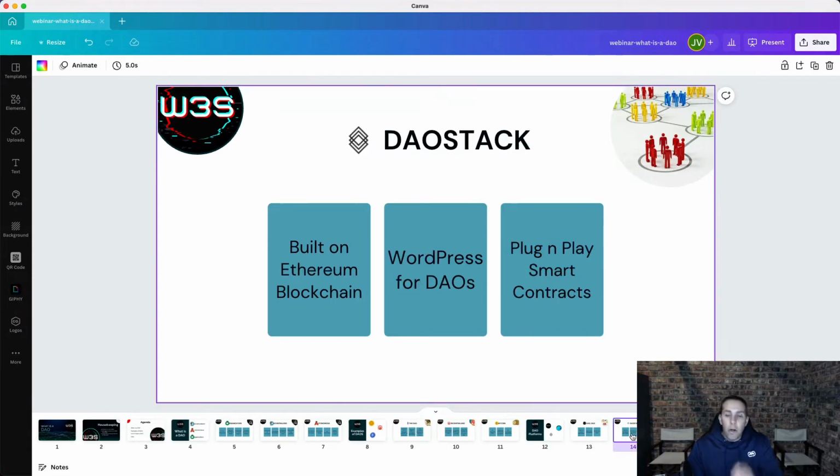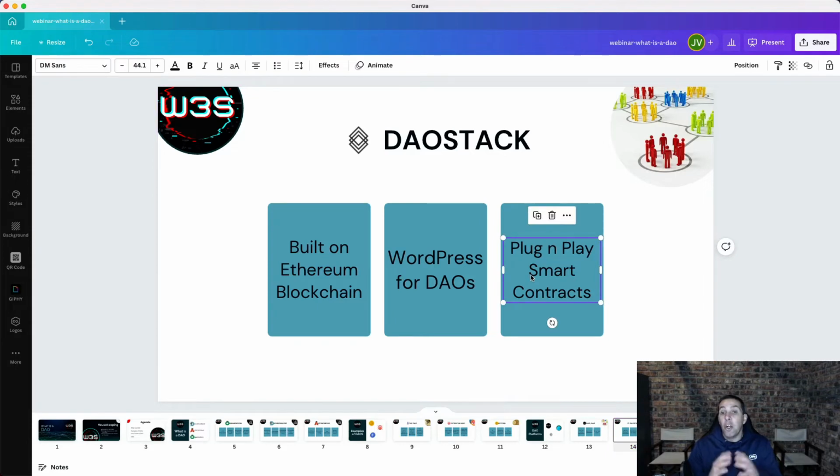But you've also got one of the very popular DAO platforms called DAOstack. And DAOstack is built on the Ethereum blockchain. They've got so many different modules that you can plug and play into their DAOs. It almost feels like a WordPress for DAOs with the amount of modules that they have. So if you want chat capabilities, there you go. If you want financial capabilities, payment gateways with PayPal, Stripe, or any other crypto wallets, they've got everything that you need in order to bring together a full-fledged solution to manage your DAO.